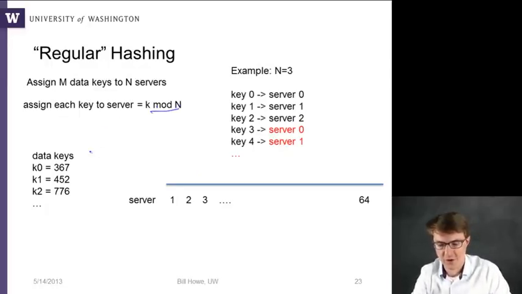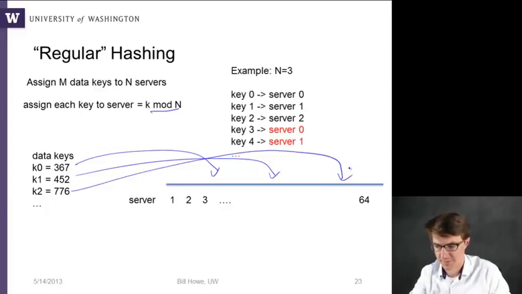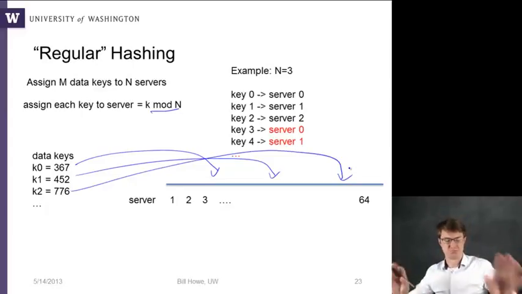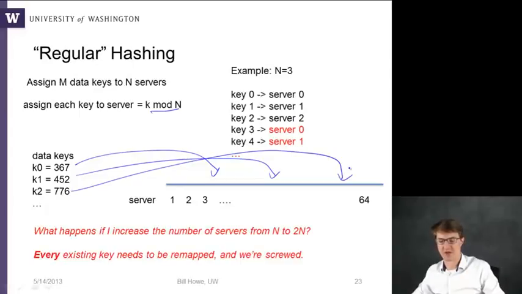Okay, so each of these data keys is placed somewhere on one of these servers at various points. Fine, that's how hashing works. What's wrong with that? Well, what happens if I want to add more servers to the mix? I want to scale out, I want to double the number of servers. Well, every existing data key now needs to be reevaluated, its location needs to be reevaluated by computing k mod